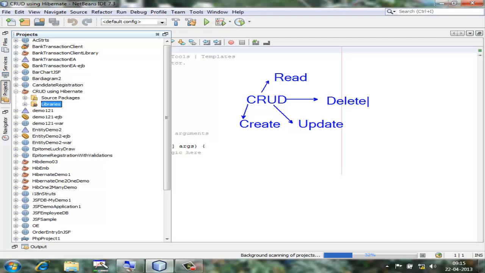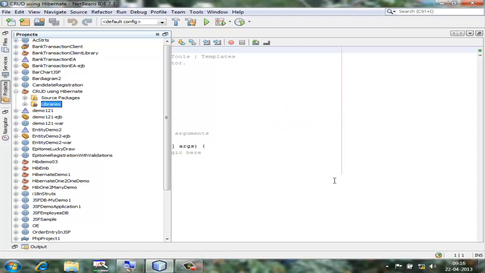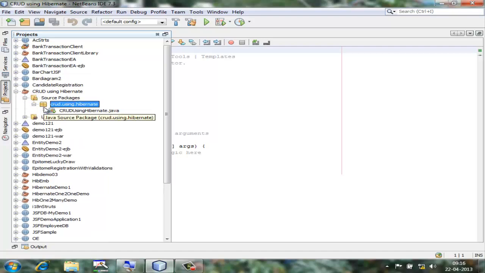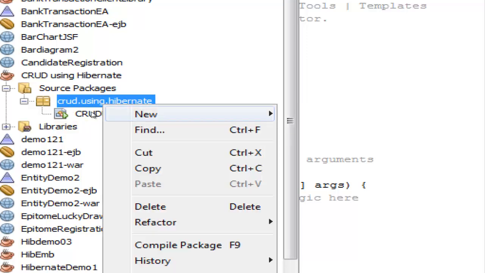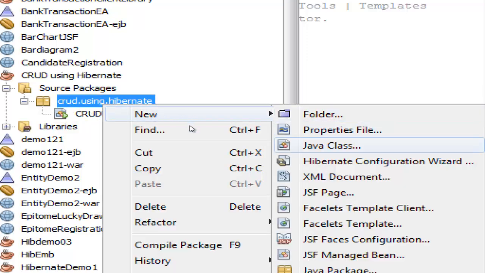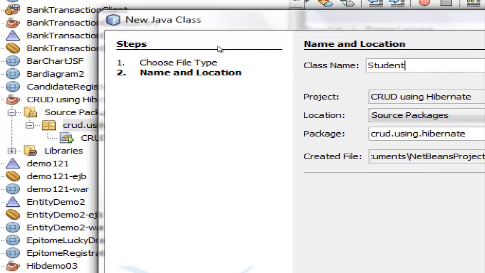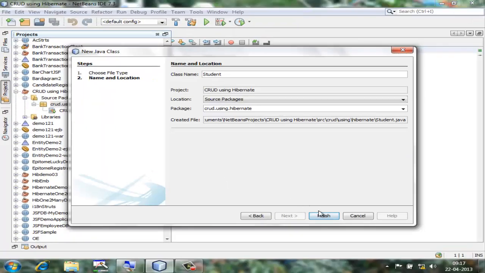So let's try to create a CRUD application, and let's see how we can use Hibernate to create a CRUD application. I will not go with a complicated example. Let's create a simple student entity, and then let's try to use the CRUD application for saving it onto the database and retrieving it back. So let me go to the Java class, and I'm going to call this student, an ordinary Java class. Finish it off,